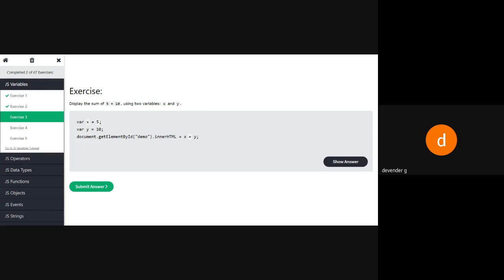It will not calculate 5 plus 10 as 15. Though they are numbers, when you are printing on the screen, they should be converted.